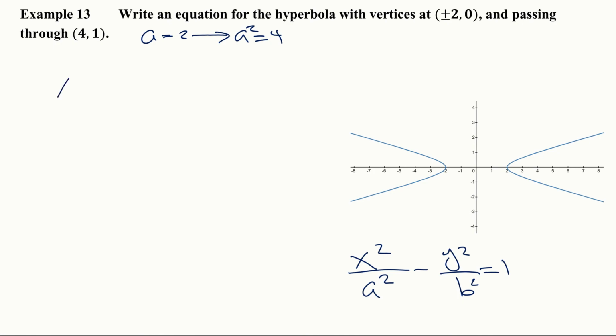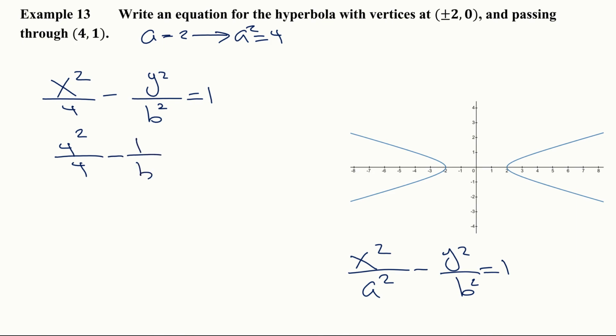Now, that's basically all we're given, and 1 point on the hyperbola. So we know we have x squared over 4 minus y squared over b squared equals 1. But we know a point on the hyperbola, 4, 1. So I'm going to substitute 4 for x. So I get 4 squared over 4 minus, I know y is 1 at that point, so 1 squared, which is 1 over b squared